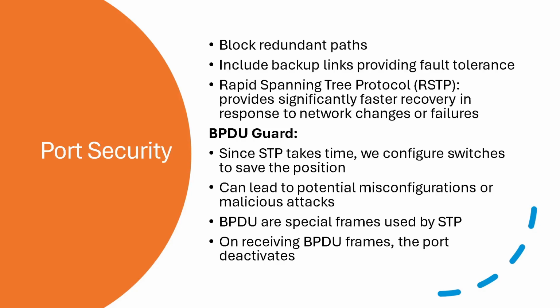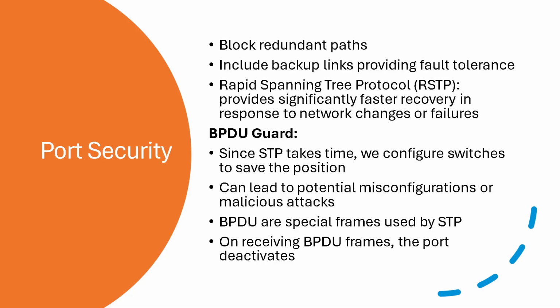Spanning trees work by detecting and eliminating network loops by blocking redundant paths. They also include backup links providing fault tolerance. Nowadays, we use RSTP, or Rapid Spanning Tree Protocol, which provides significantly faster recovery in response to network changes or